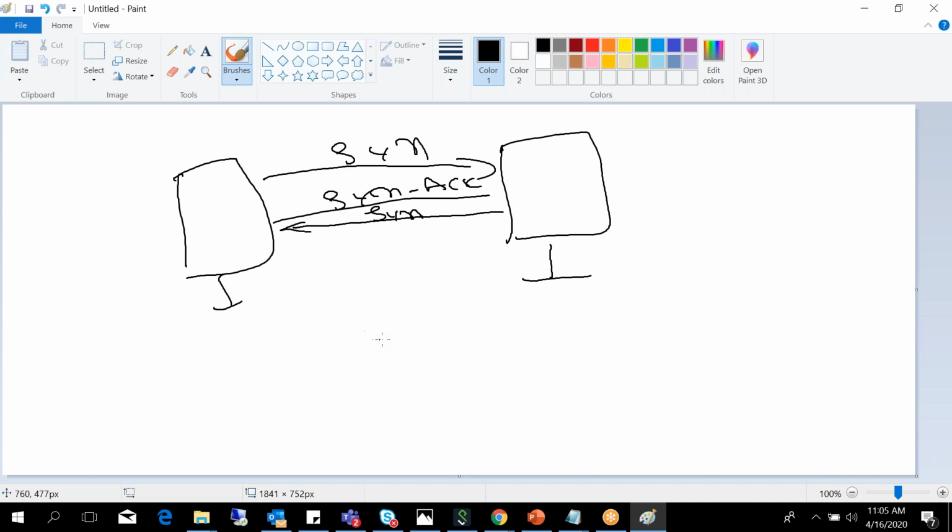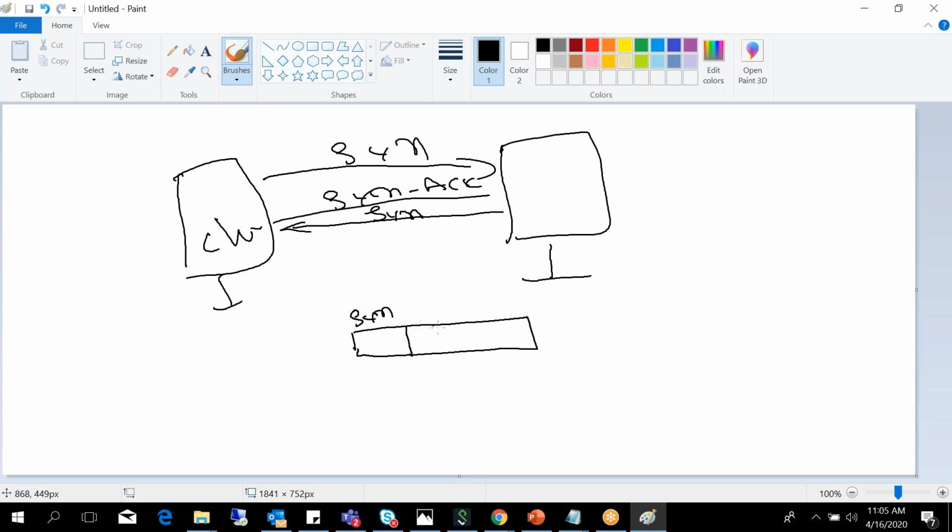Let's see how the packet looks. The client will send a TCP header, and in the header we have different flags.